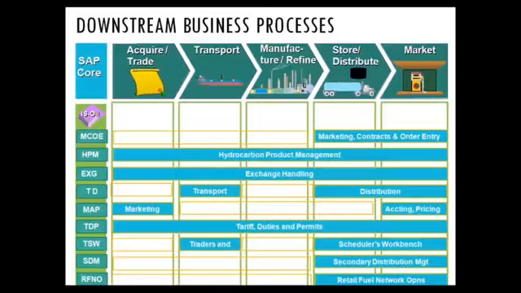Marketing and pricing: when you buy and when you sell, we use the pricing techniques. That's the reason it is in acquire and trade and marketing. Tariff duty permit, just like hydrocarbon product management: whenever you transfer the product from one place to another, whether crude oil or refined product, you have to consider all the taxes. So TDP is across the whole supply chain. Traders and schedulers is similar to transportation and distribution, but for marine, pipeline, and rail car, we use this scheduling and management.